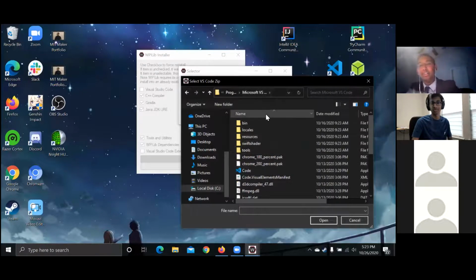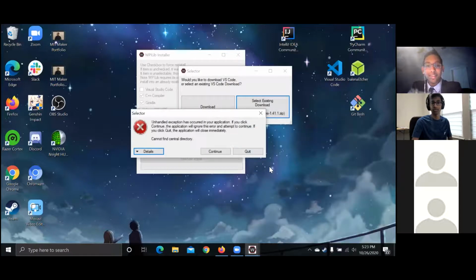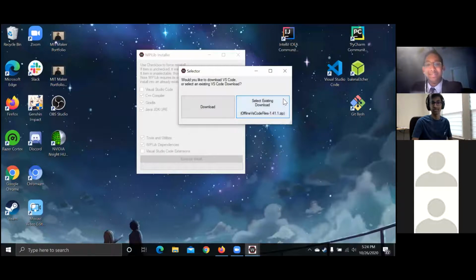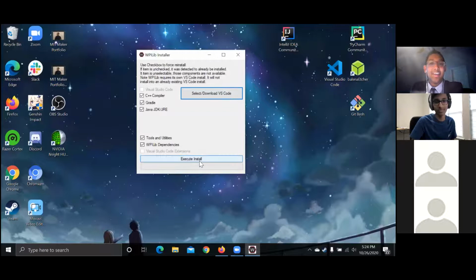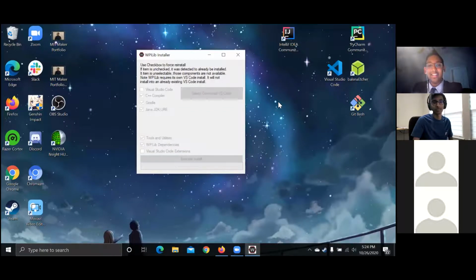There we go. Okay, so yeah, I got the path for it, and then this is my actual VS Code application. So I'll just go ahead and open that. Usually you wouldn't get this. I did. Don't ask why. Let's go ahead and continue though. Did that work? I don't know if that worked. Okay. Anyways, so yeah, you can execute the installation after you do that,